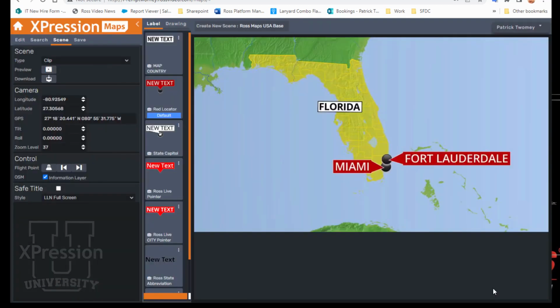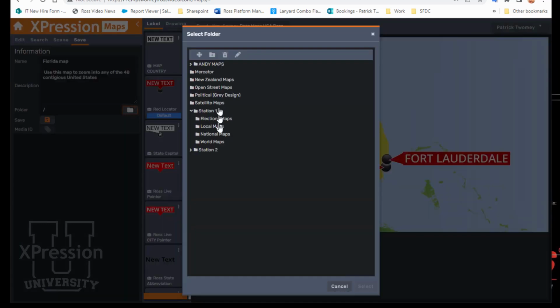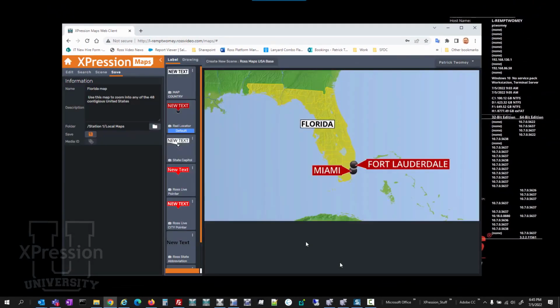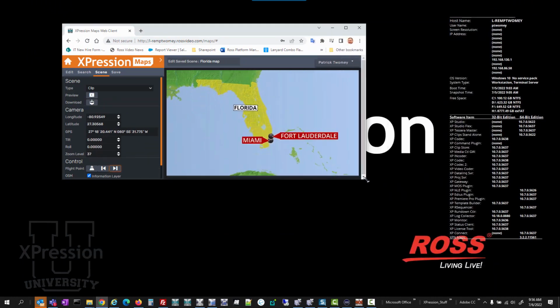So I'm going to say I love it. I'm going to go ahead and save it, and I'm going to save it as Florida map, and I'm going to save that into my folders for my local maps. Select it. Okay. I'm going to scale this window back a little bit, and you'll see why in a second,